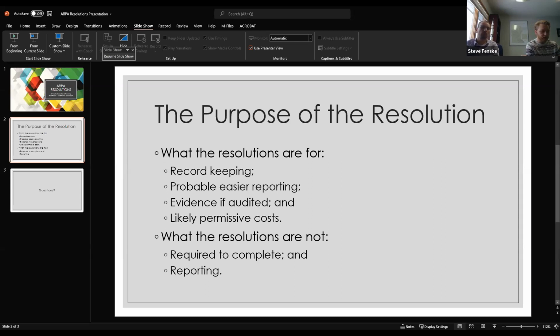Two other quick notes: one, who keeps these resolutions? Just like any other resolution, it's probably going to be kept by the clerk. The other question is for how long? Right now, indefinitely, for sure through the end of the American Rescue Plan Act, but your record retention schedule should help set a time frame in which you will stop using these or destroy them or keep them forever if that's what your town does with resolutions.